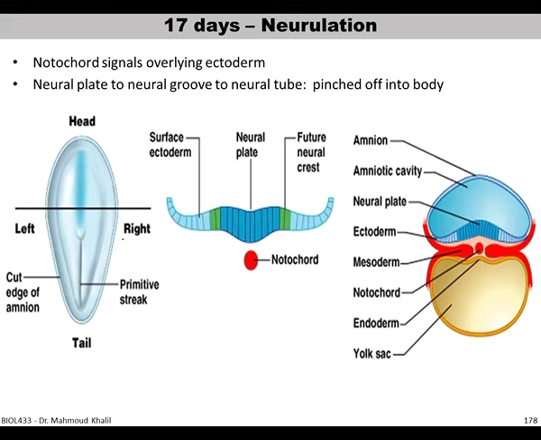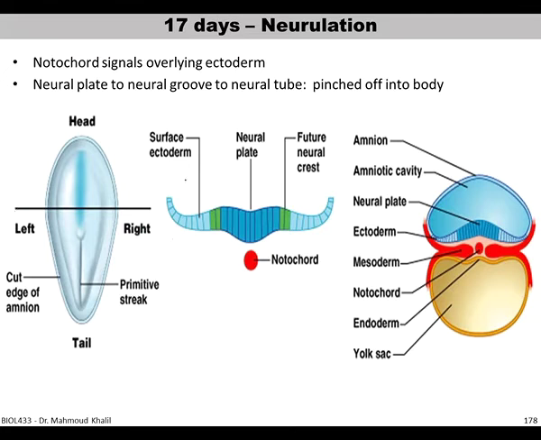At 17 days, the neurulation starts. The notochord signals the overlying ectoderm to form the neural tube. The neural plate becomes the neural groove, then the neural tube, and they are pinched out of the body. So you can see from the figure, if you take a cross-sectional area, you can see the structure of the